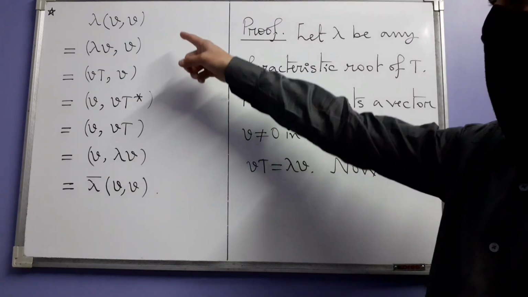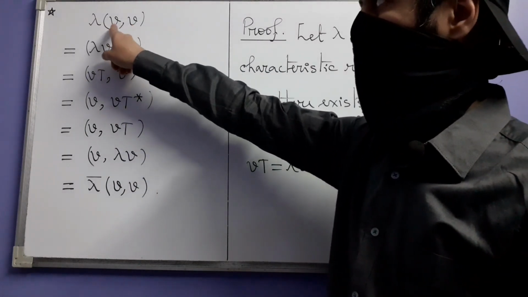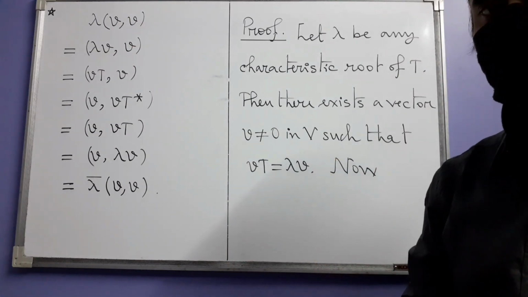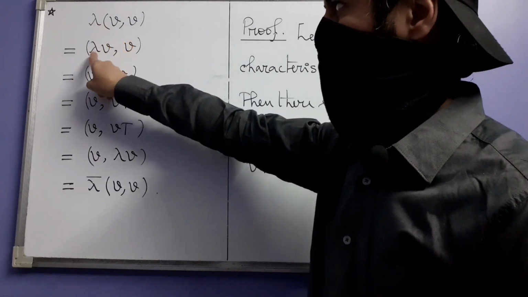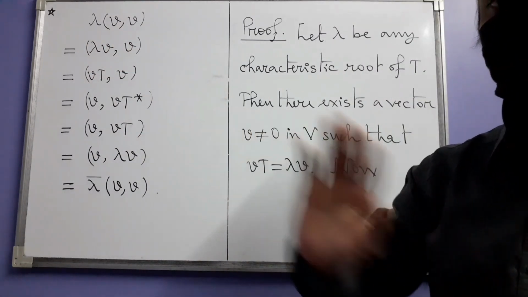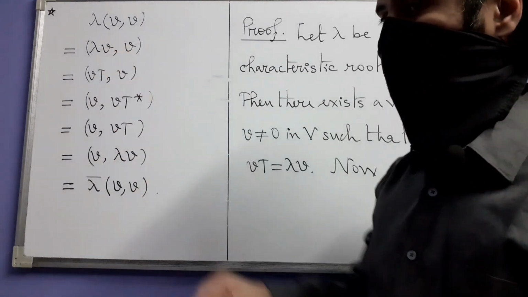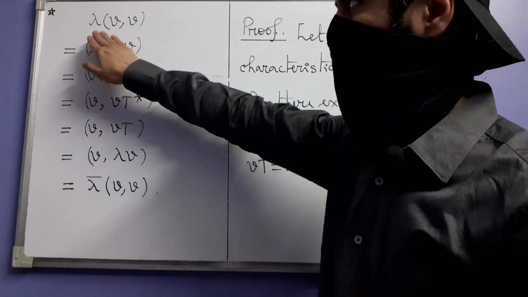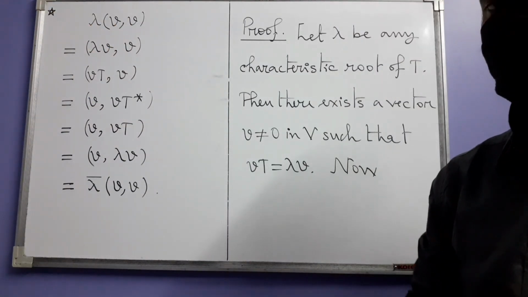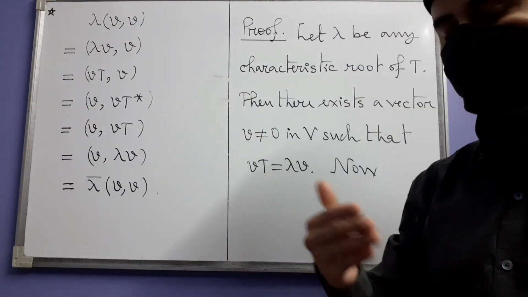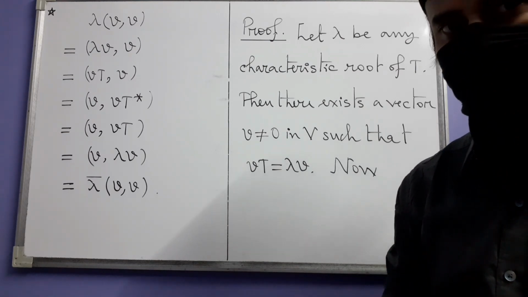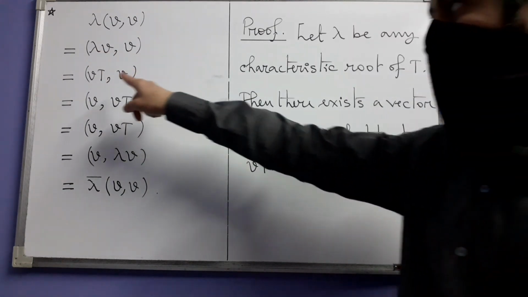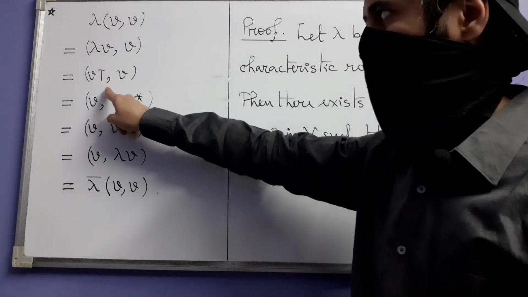Now next, consider this calculation. We consider lambda times the inner product of v with itself. By one of the properties of inner product, actually by definition, you can push this lambda inside with the first component. Because if you interpret it the other way, if you take lambda out from the first component, then simply lambda comes out. But if you want to take a scalar out from the second component, then its complex conjugate comes out. Alright. Now lambda v is T(v),